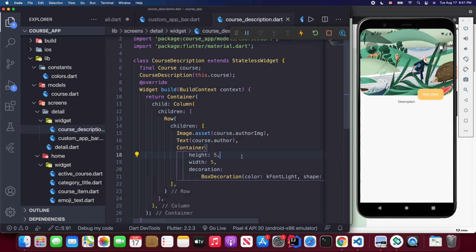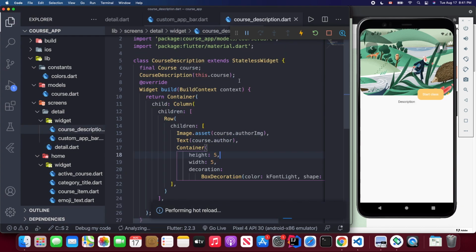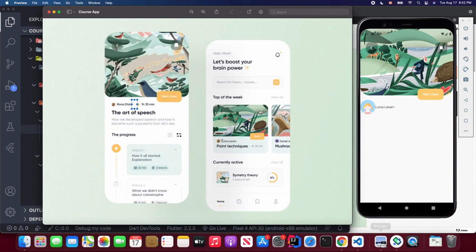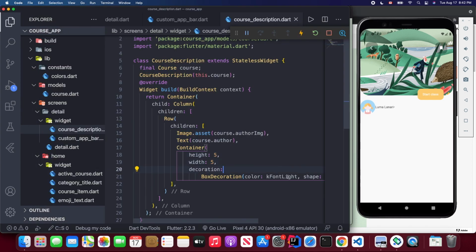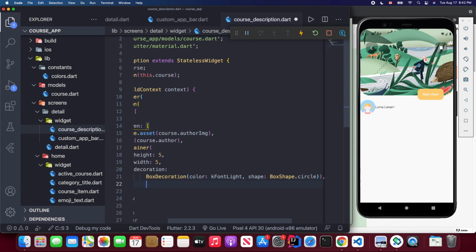So let's save, and you will see we have the avatar, course author name, but we need to save this detail page. So you will see we have this avatar and the author name, and also this very little gray dot. Don't worry, we will style later. So first just create this icon and also this text first. So under this container, we're going to create